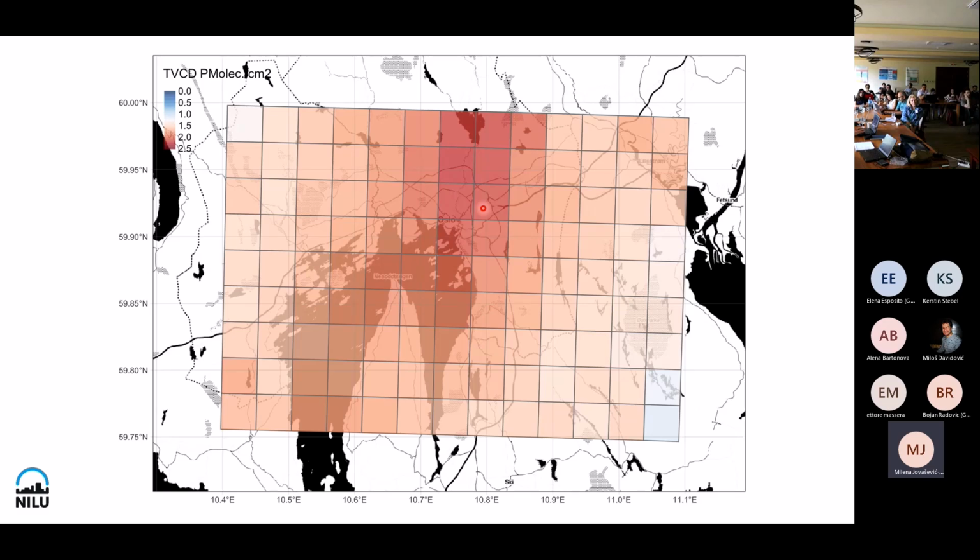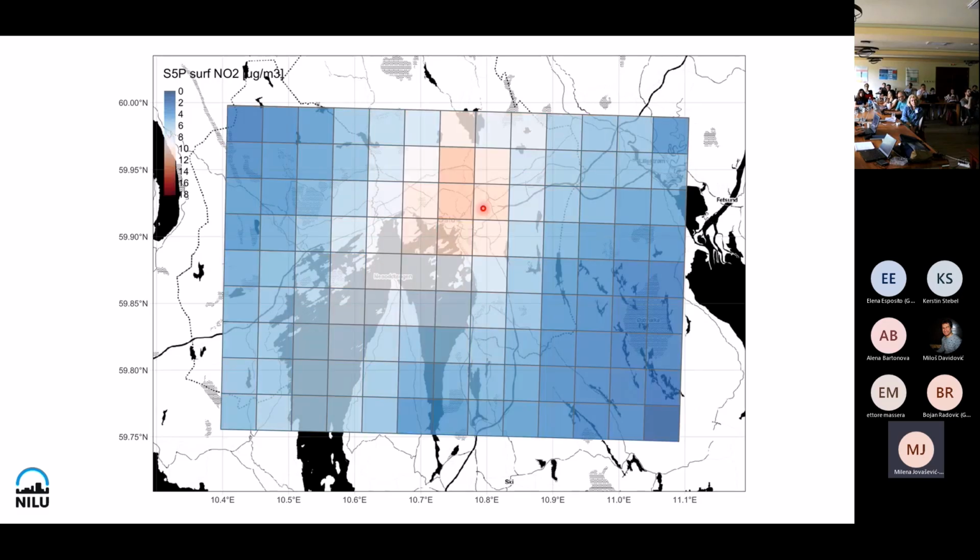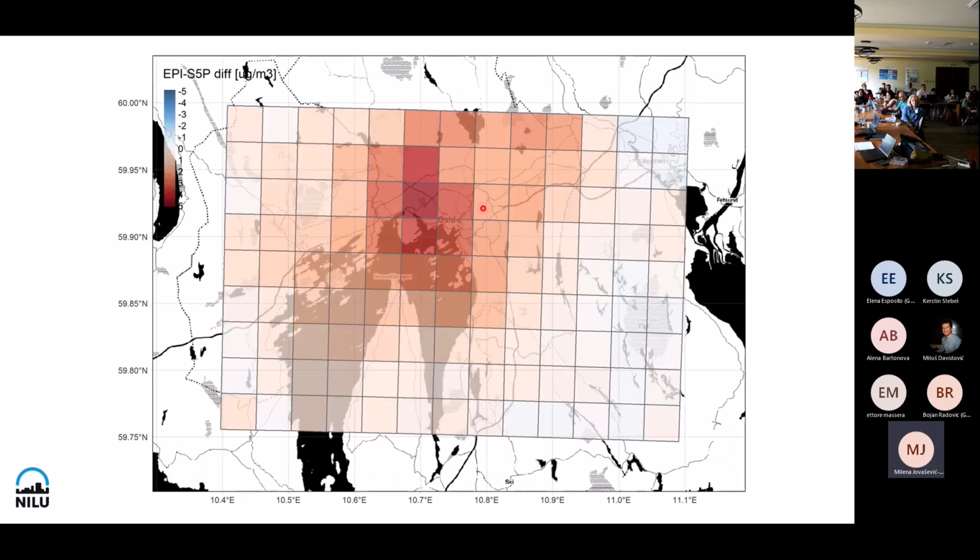And then we can look at what the model predicts. Somewhat similar, not quite the same, but the hotspot is roughly the same. This is the surface NO2 from, sorry, this is not the model. This is the surface NO2 calculated from the satellite, which is the methodology that we'll talk about a bit later. This is the model predicted surface NO2 for Oslo. So the hotspots are all in the same